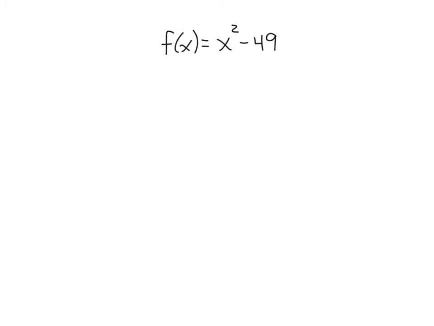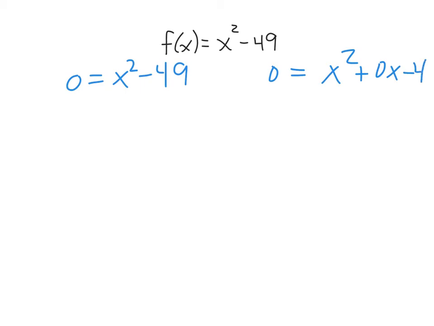So you can solve it as 0 equals x squared minus 49, or you can do 0 equals x squared plus 0x minus 49. They're both going to give you the same solution. If you prefer the Lopez approach, go about it this route, do your 3 columns. If you don't, or if you know that this method is going to be a lot faster, remember that when